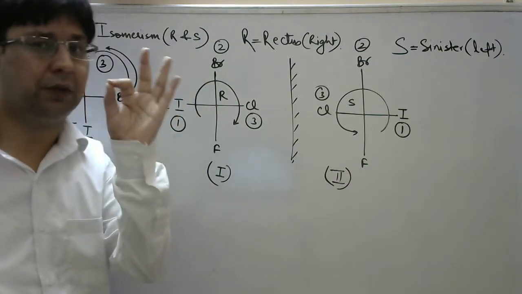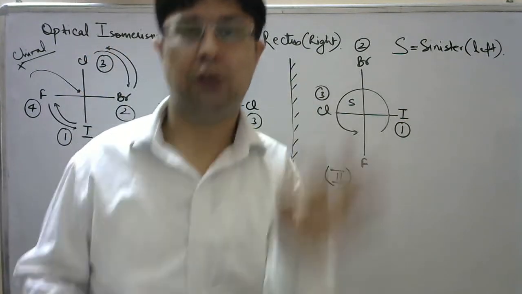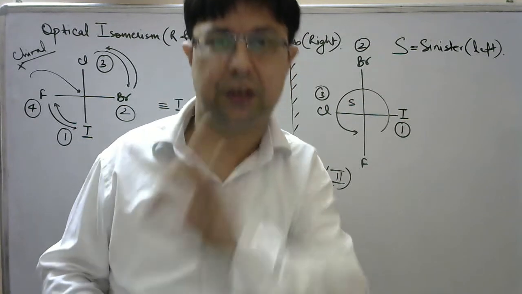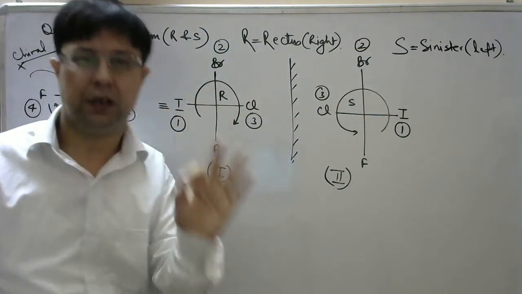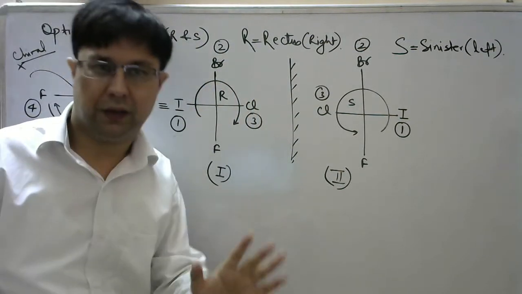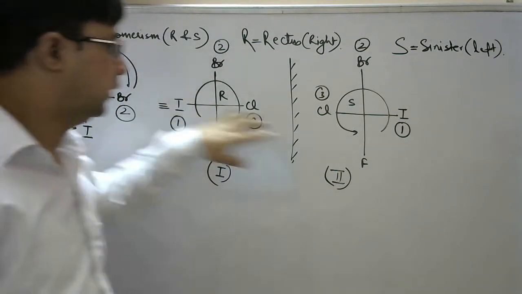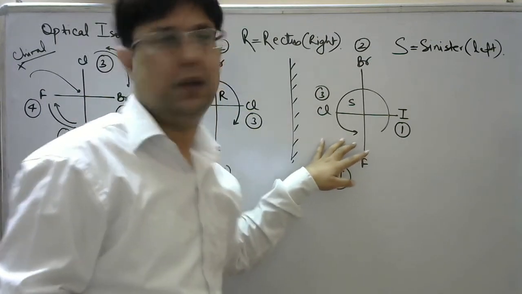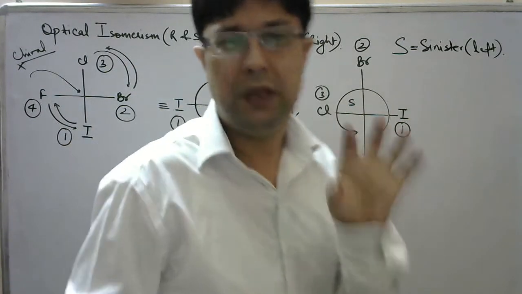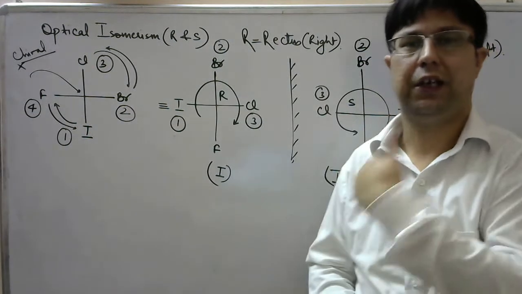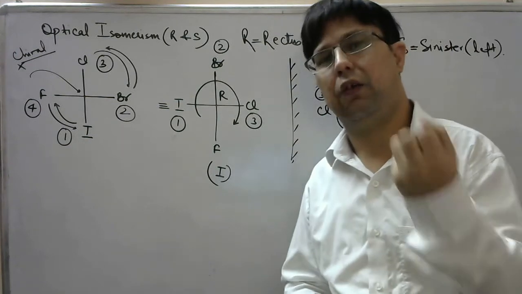But one thing should be very clear, that this R and S configuration does not signify that they will rotate the plane polarized light in the clockwise or anti-clockwise direction respectively. It is incorrect to say this. I can say only one thing, that if this rotates the plane polarized light clockwise, this will rotate it anti-clockwise. If this is rotating anti-clockwise, this will be rotating clockwise. There is no way, just by knowing the configuration, that I can predict whether the molecule rotates the plane polarized light clockwise or anti-clockwise.